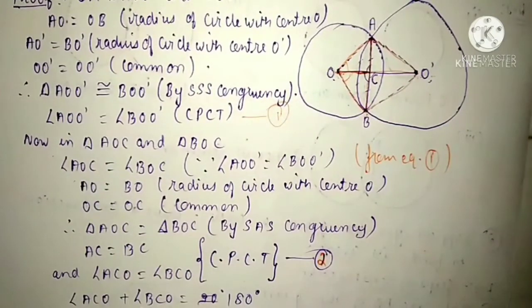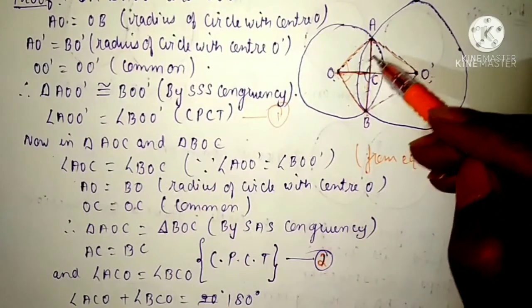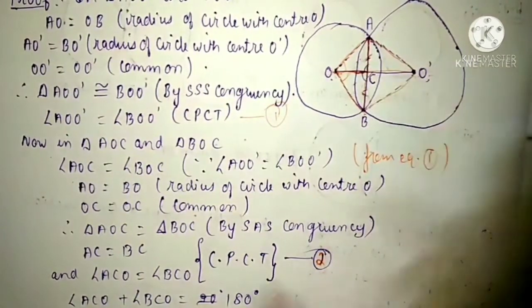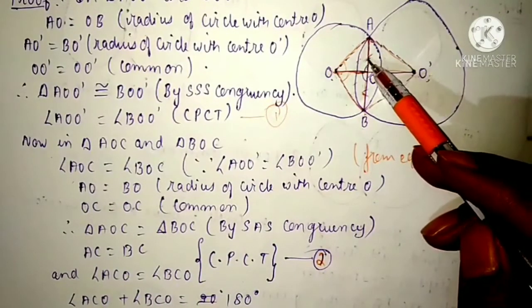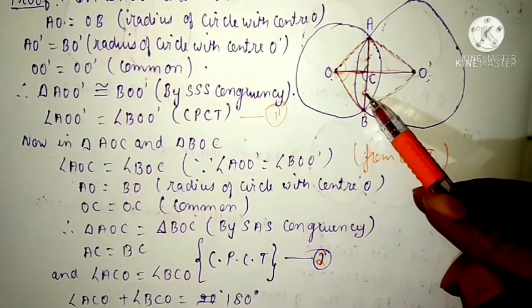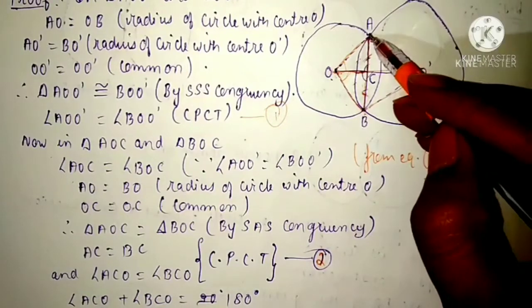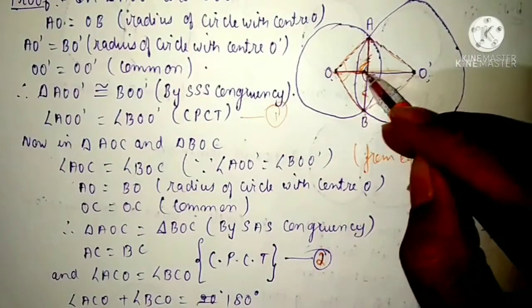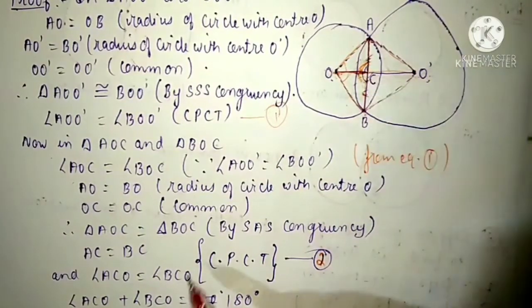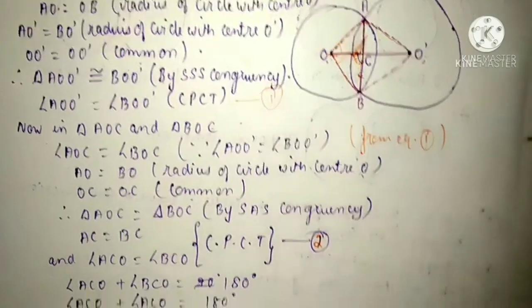Now if these two triangles are congruent, then their corresponding parts will be equal. So AC is equals to BC by CPCT. Okay, so we have proved this part equals to this. Now one more thing, angle ACO, this angle is equals to angle BCO, this angle, by CPCT. These both things can be proved by CPCT. Now